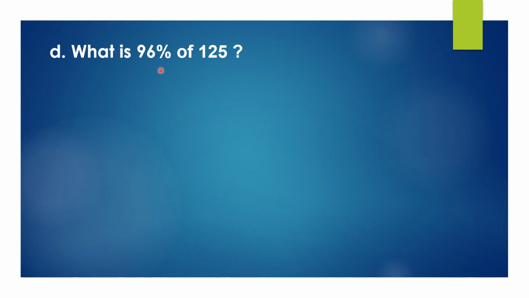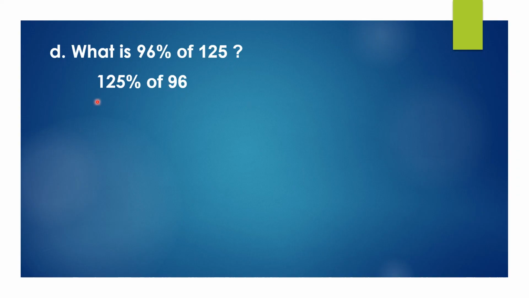Now let's find out what is 96% of 125. Using the rule, I will convert this to 125% of 96. You should get the idea where we have to convert and where we should not. Like in the previous videos, if you observe 90% of 120, the 0s we are cancelling and directly multiplying. Or 30% of 40 means 0, 0 cancel, 3 4s are 12. Here there are no zeros. So in this kind of situation, we can use this formula.